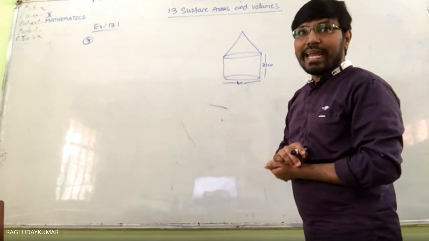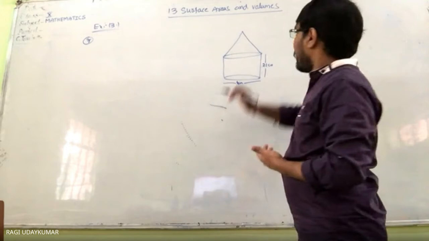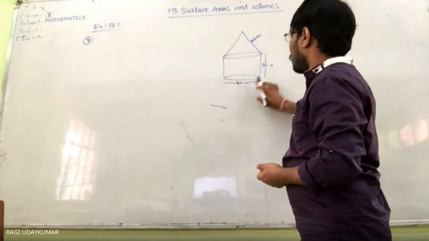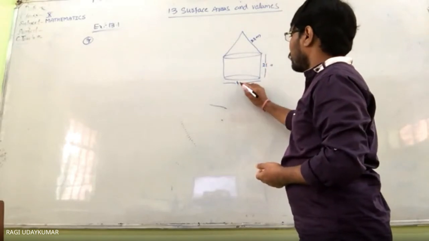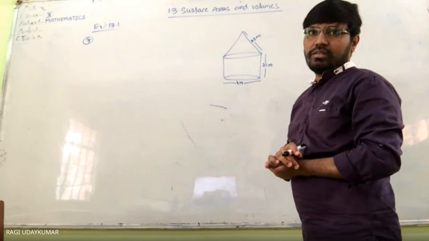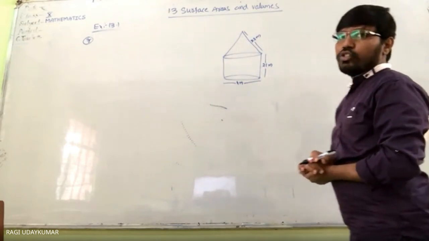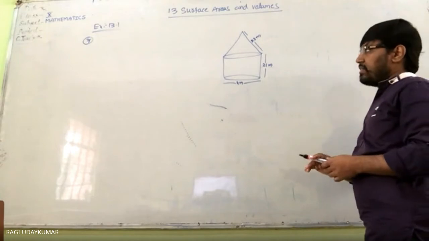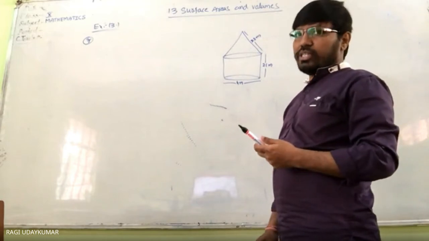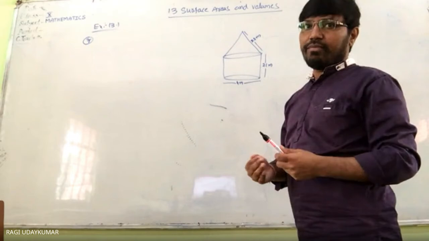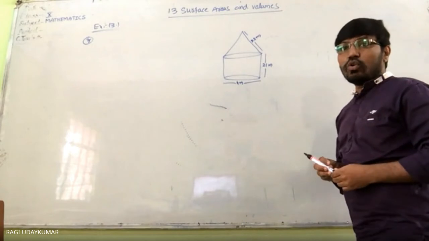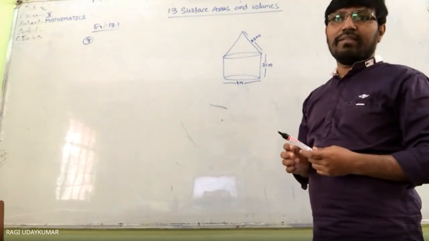Okay, and the slant height of the top 2.8 meters. Sorry, meters में not centimeters. So this slant height is 2.8. Find the area of the canvas used for making a tent. इसको total बनाने के लिए canvas use करते हैं, cloth use करते हैं, वो how much it is required you need to find, and also find the cost of the canvas for the tent at the rate of 500 rupees per centimeter square. So note that the base of the tent will not be covered with the canvas.